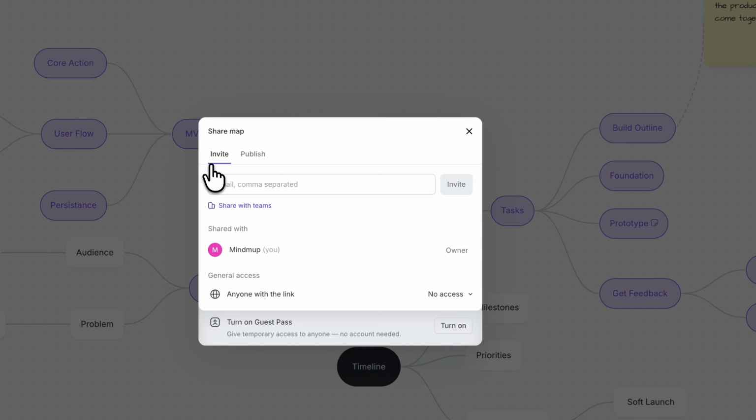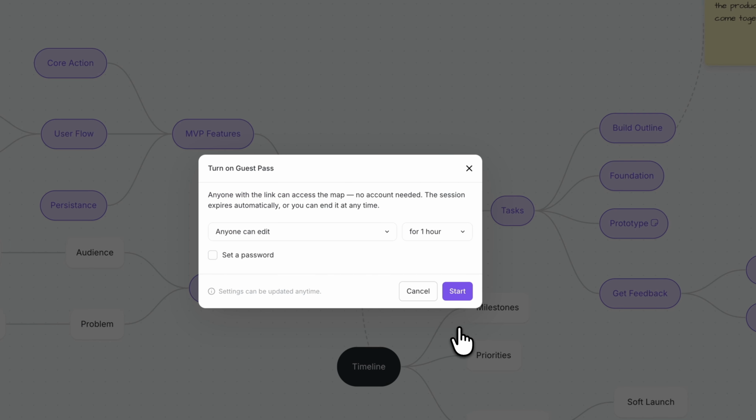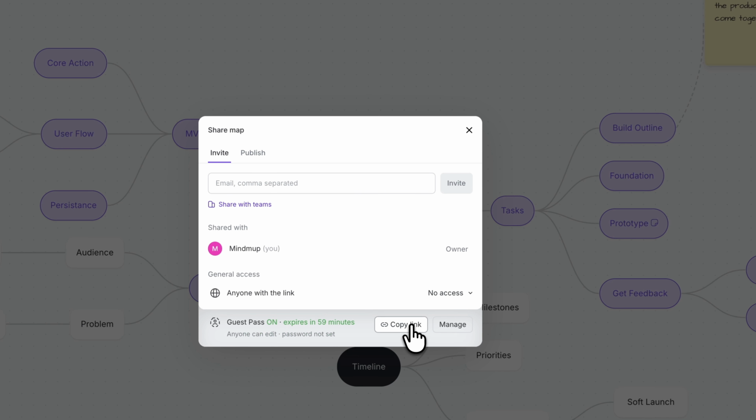If we go back, you can generate a shareable link, and we have the guest pass here, which allows anyone to access your map even if they don't have a Mindmup account. You simply set your rules here and then click on start, and then you copy the link here. And anyone with that link can immediately begin collaborating without creating an account or signing in. It's one of the fastest ways to collaborate with clients, teammates, students, or anyone else who needs access to your